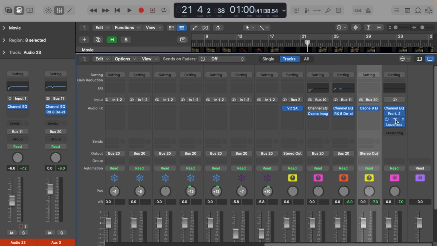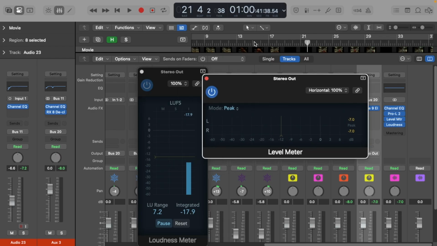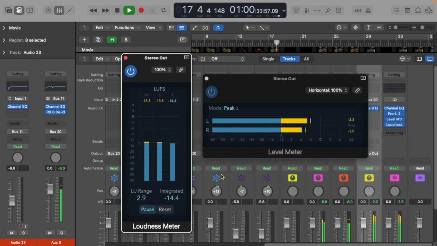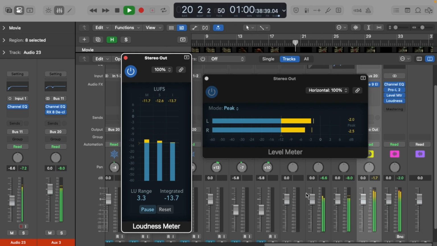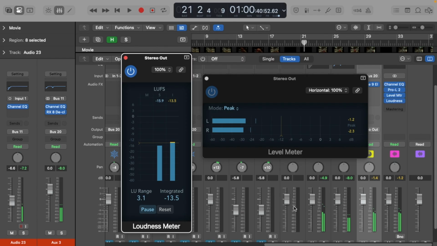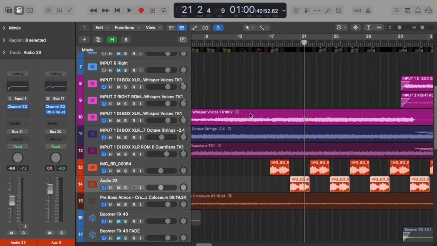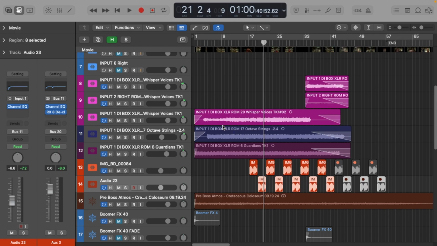So if we're looking at the integrated loudness of all this, I'm sitting around minus 14, and it's peaking at like minus 1, minus 2. So the way I achieved that was just by recording good audio from the synthesizer and balancing it all out